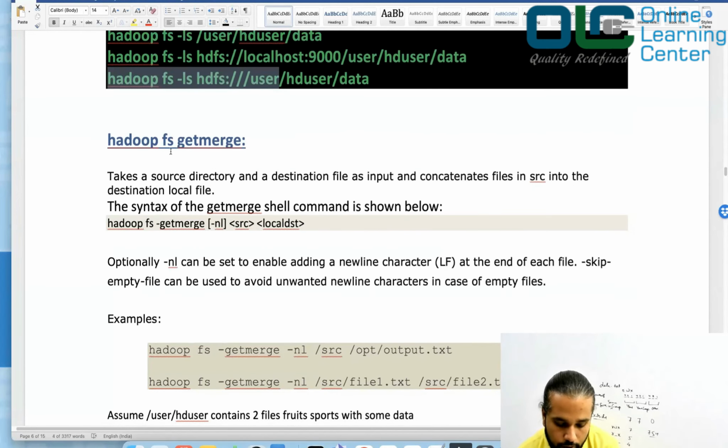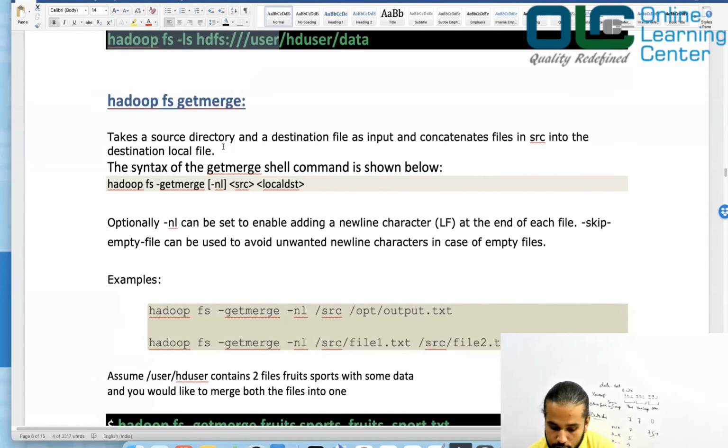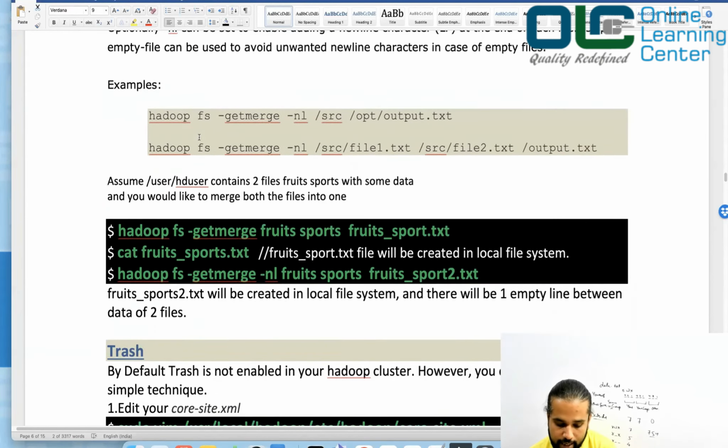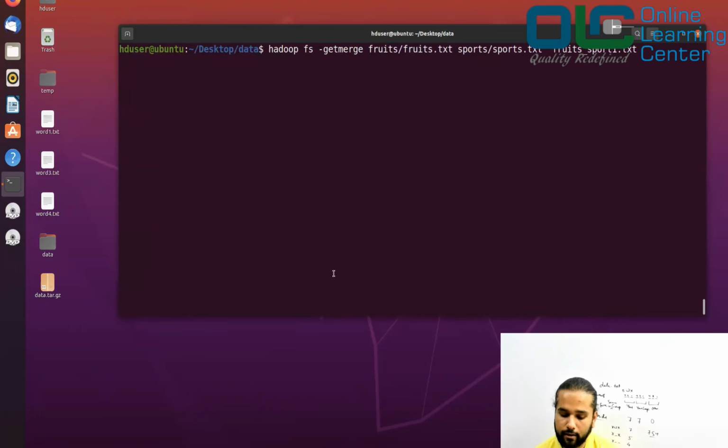Now let's talk about the next command, hadoop fs -getmerge. What does it do? It takes the source directory and destination file as input and concatenates the files in the source into the destination local file. Let me execute this command with a complete path: hadoop fs -getmerge fruits.txt, sports.txt, and fruits_sports1.txt.